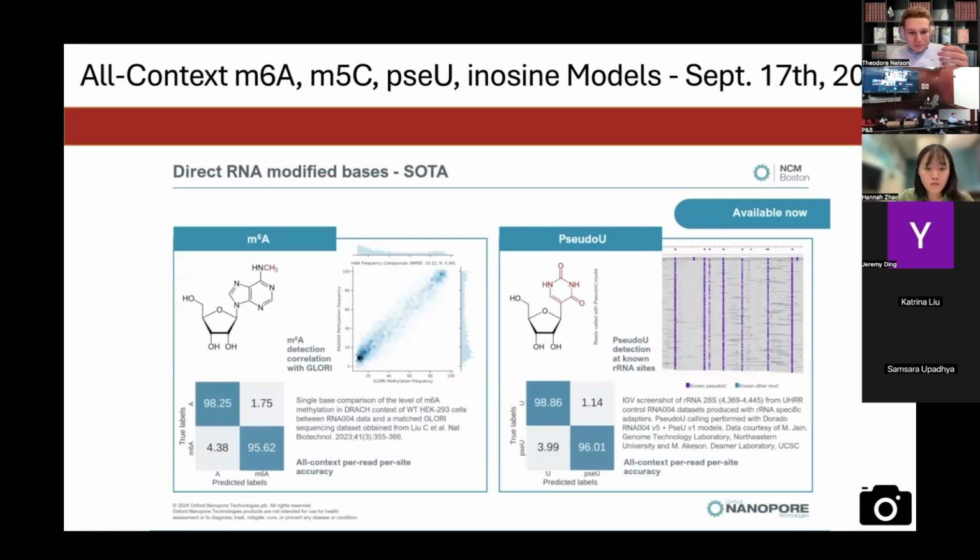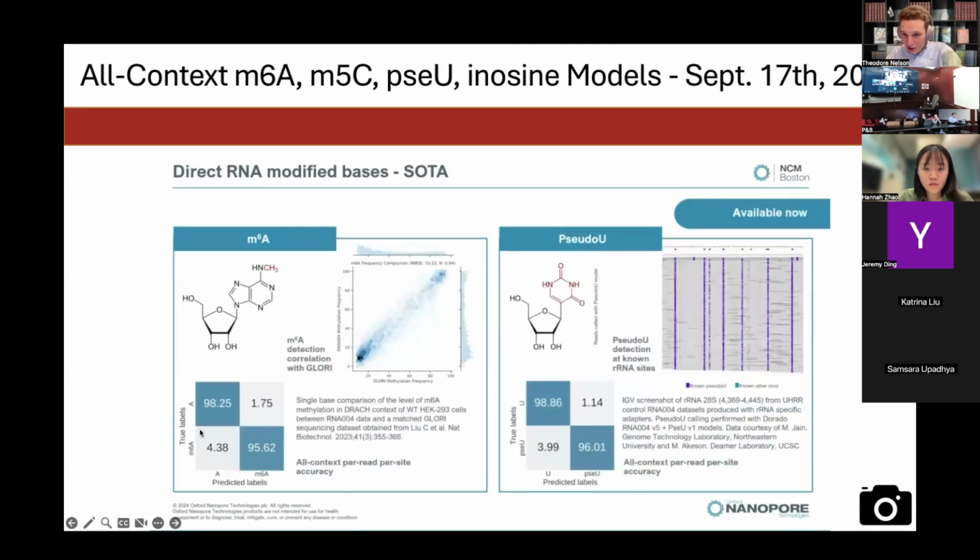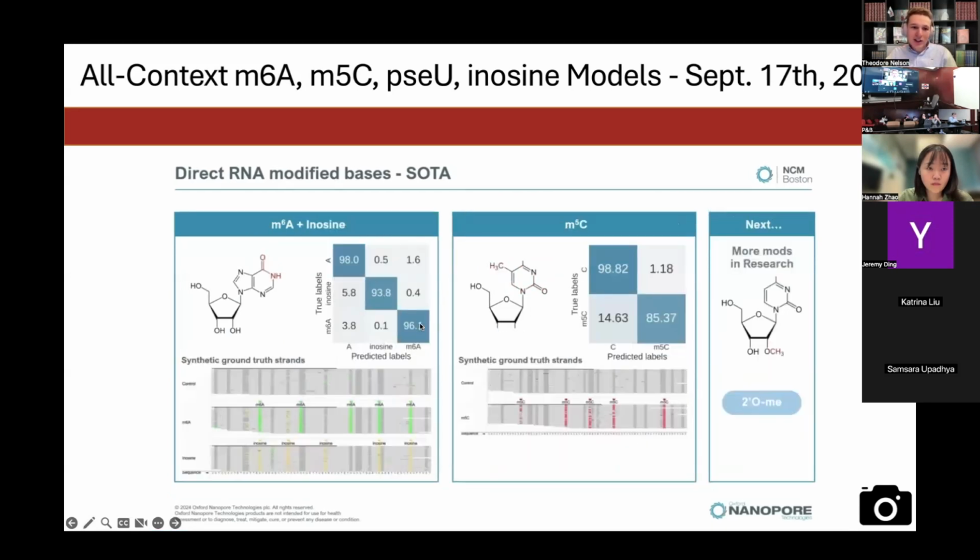So for m6A, I believe that this first model here is the m6A DRACH model, 95.62% accuracy. The pseudouridine model, 96% accuracy. So m6A inosine is a combined model because m6A and inosine both would be predictions on adenosine. So the modified model basically works by saying, okay, for every adenosine, is it a canonical adenosine, an inosine, or